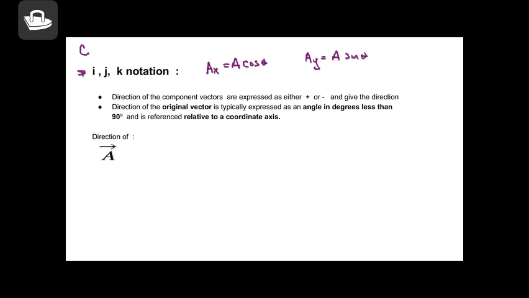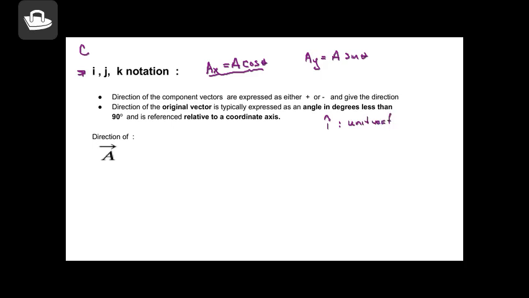But if I want to write this as a vector equation, this is just the magnitude right here. If I want to add in the direction piece and give that component, typically the directions are expressed in terms of IJK notation, where I, with a little hat symbol over it, represents a unit vector